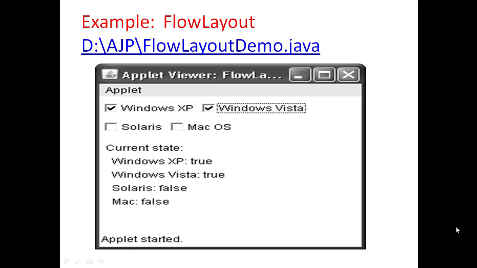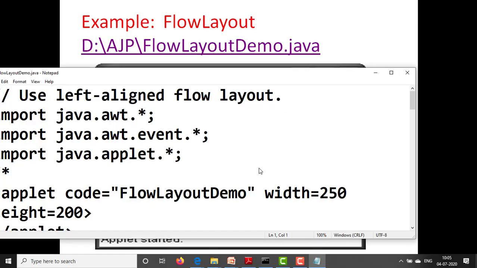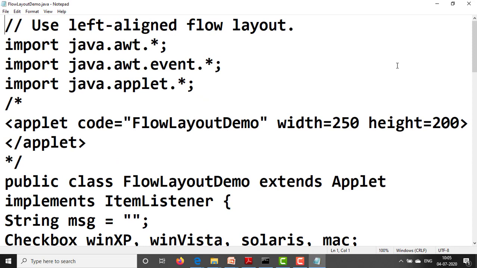When a line is filled, controls are placed into the next line. We can see this example, flow layout demo, and how we can use the flow layout. Title for this example: use left aligned flow layout.